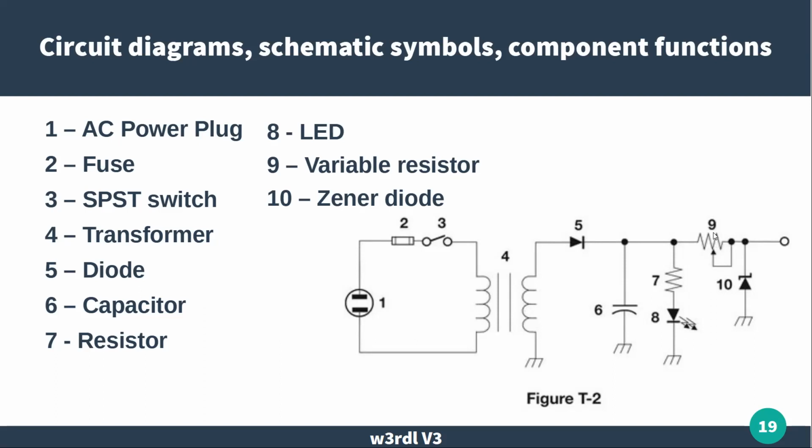Nine is our potentiometer. In this case, we're calling it a variable resistor because the center wiper is connected to one end. So it shorts it out as it goes along. So it makes it a variable resistor, which is slightly different than the way we use a potentiometer, even though it could physically be the same device. And then number 10,